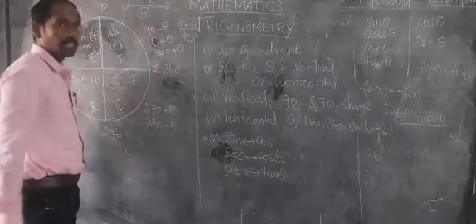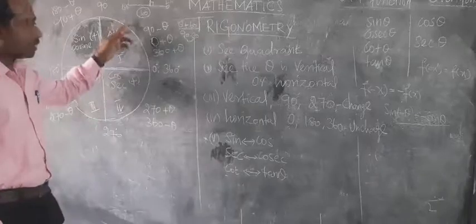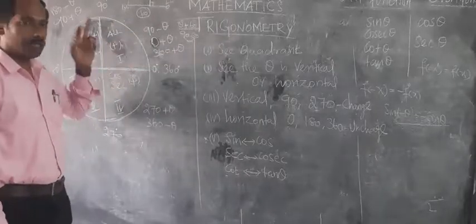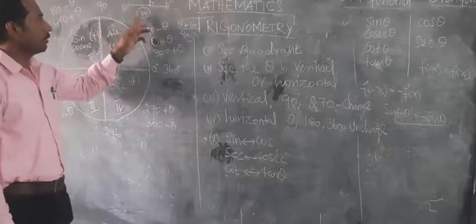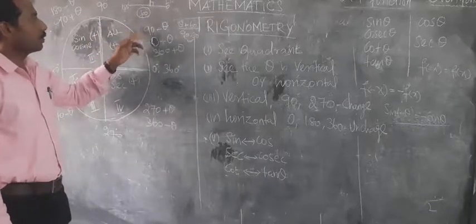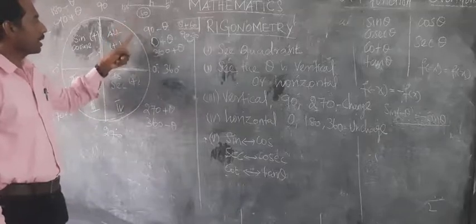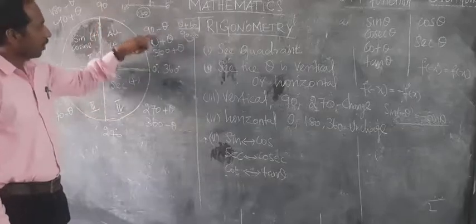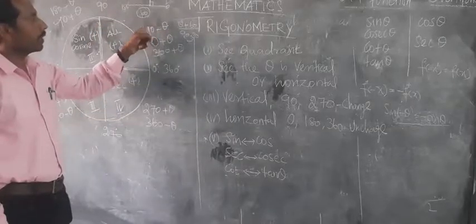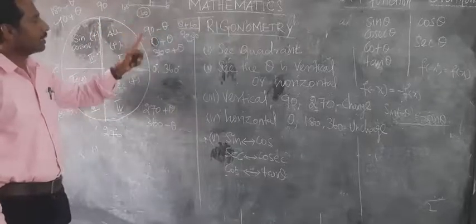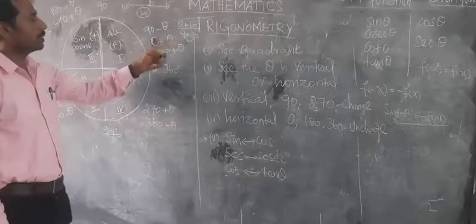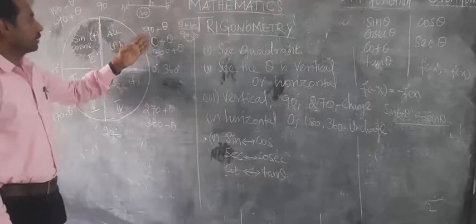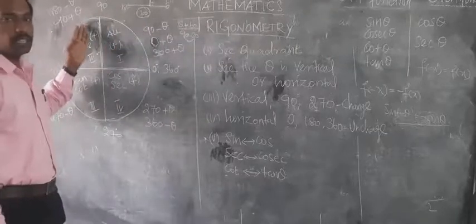60 degree, likewise you can write. So this is the concept, and we will learn it properly and keep it in your mind lifelong. 60 degree means how we can write it using the first quadrant, because 60 degree will appear in the first quadrant. So you can write 90 minus 30. If you subtract, what do we get? 60. Or if you increase, 0 plus 60, you can get the 60 degree. This is the first. The same way you have to concentrate on all the quadrants.